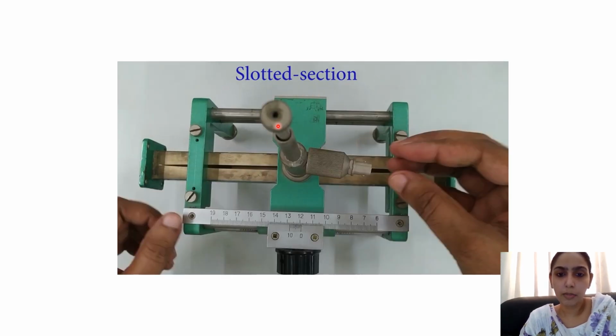In the next figure, again the probe is inserted into the slot made in the middle of the waveguide, and from this particular point we have to attach the cable to the VSWR meter. By turning this black knob, we will be able to move along the waveguide and find where the deflections are occurring in the VSWR meter, V max, V minimum, etc. So we are inserting a probe in the center position of the waveguide. The slot is made exactly in the center, and from here we connect it to the VSWR meter, and by using this knob we can move along the waveguide and check for the deflections.